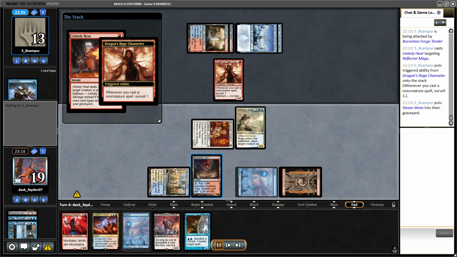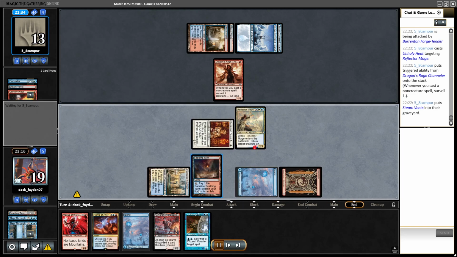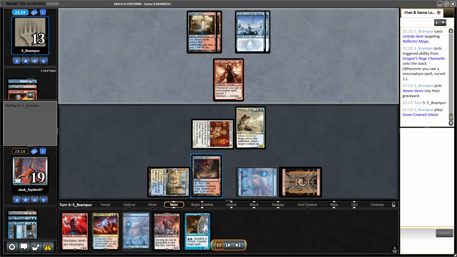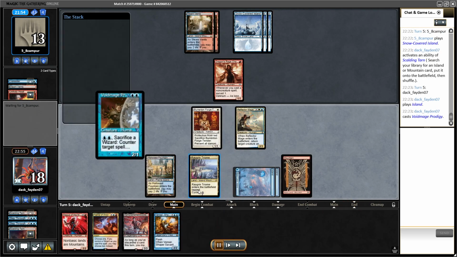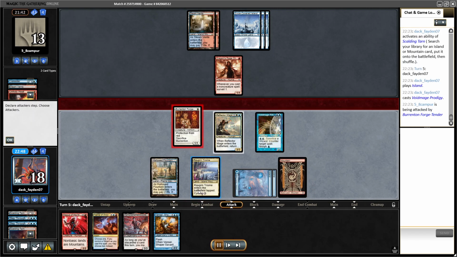And then I started attacking my opponent. My opponent went for the heat on the Reflector. I don't know why, it wasn't really necessary. Maybe they just wanted the surveil ability, and also